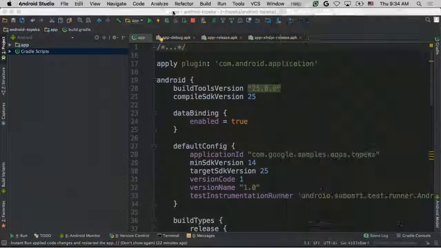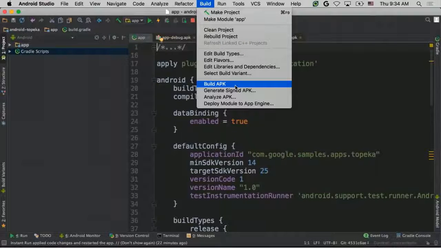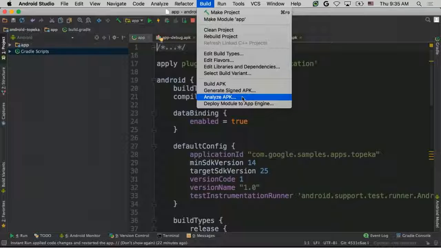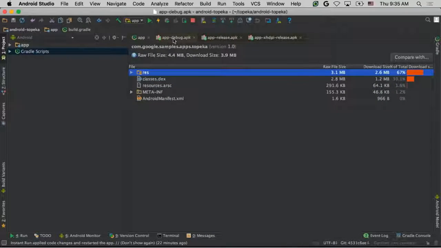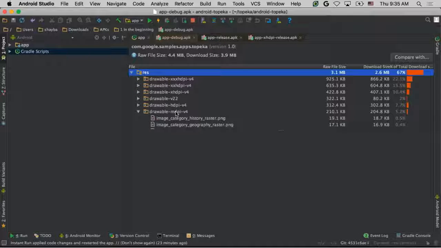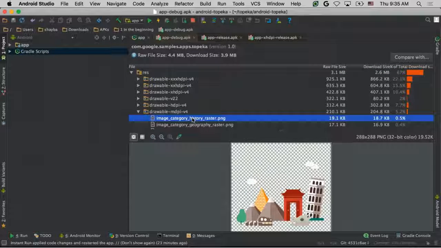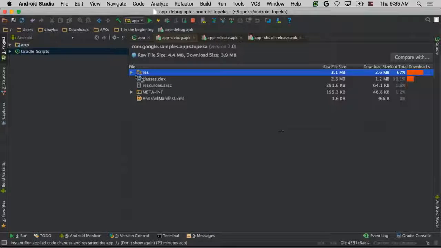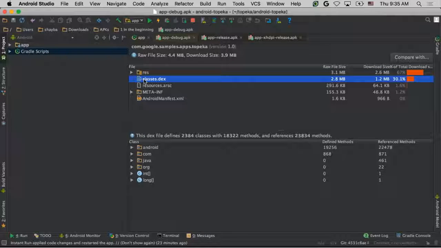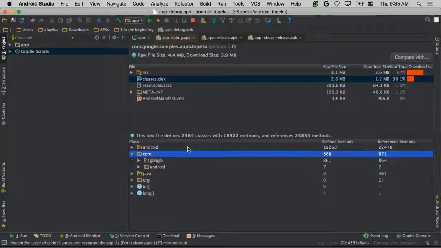So here we have our app built and running. I can press Build APK to get an APK, and then press Analyze APK to crack it open and see what it's made of. I already have it open here. So an APK is just a glorified zip file. Here we can see all of its contents. We can browse through the resources folder to see all of the large drawables that really dominate the most bytes in our app. We can look at classes.dex, that stands for Dalvik executable, and see all the code for our app,